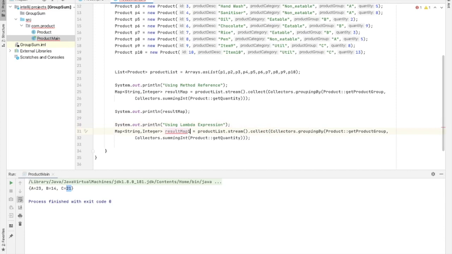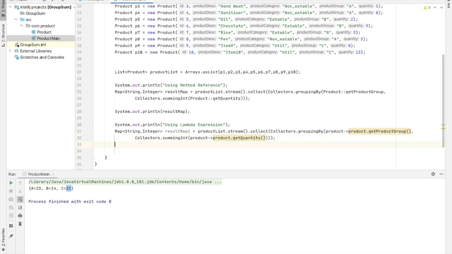We'll name it result map 1, and here we have to modify it as product lambda operator product dot getProductGroup, and here also we have to modify with lambda expression, product lambda operator product dot getQuantity.